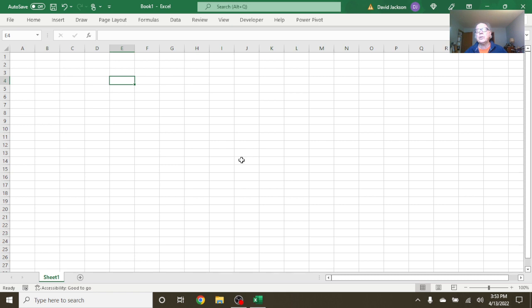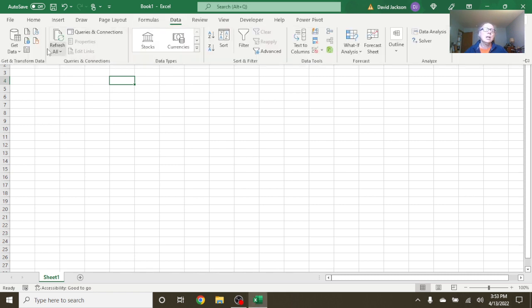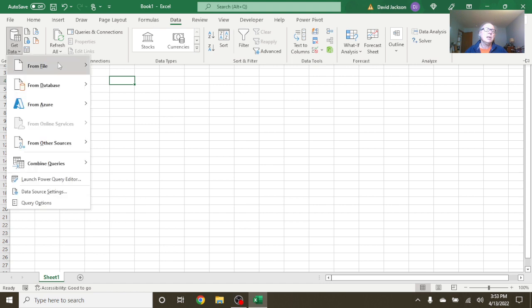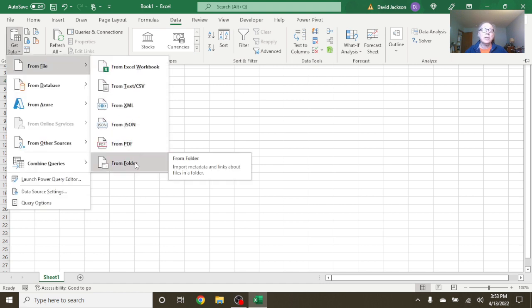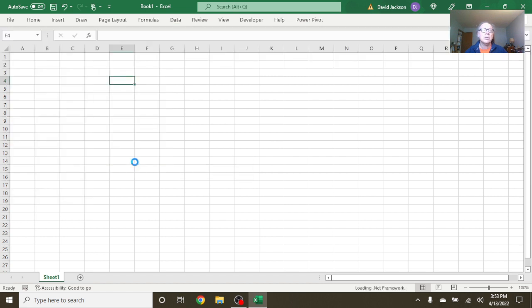Open up Excel. I'm using Office 365. Click on Data. Come over to Get Data, File, Folder. This is one of the real power features of Excel, okay? The ability to import an entire folder worth of data. In our case, that's going to be 12 CSV files, which contains all the data for the Cyclistic Bikeshare project, okay? So click on Folder,